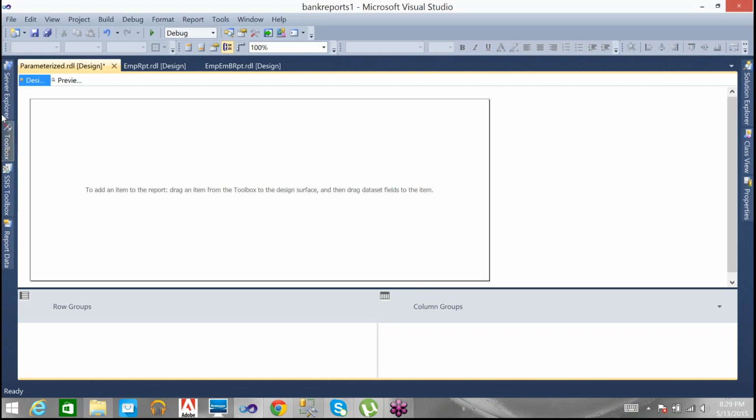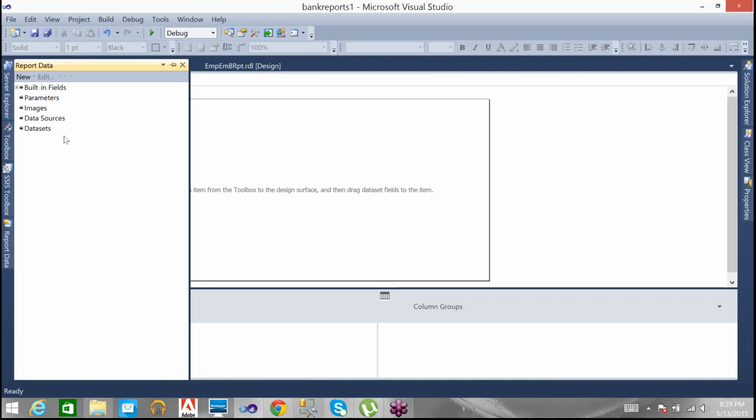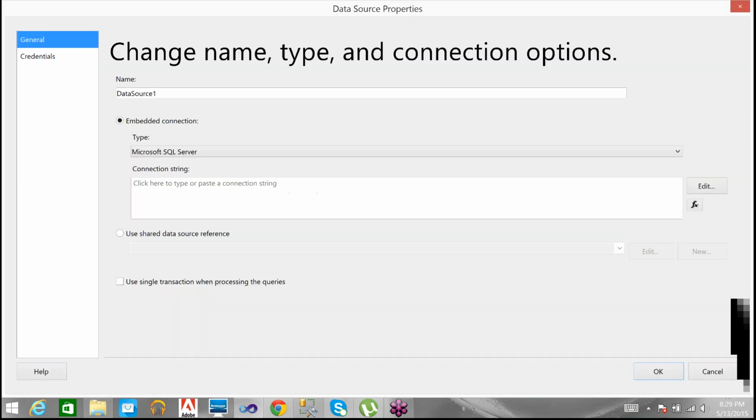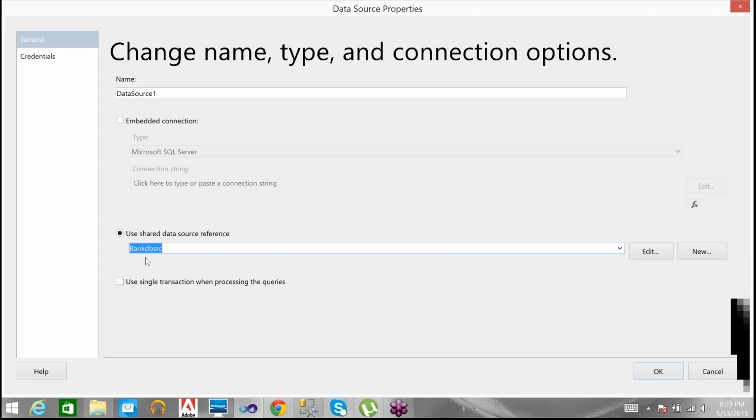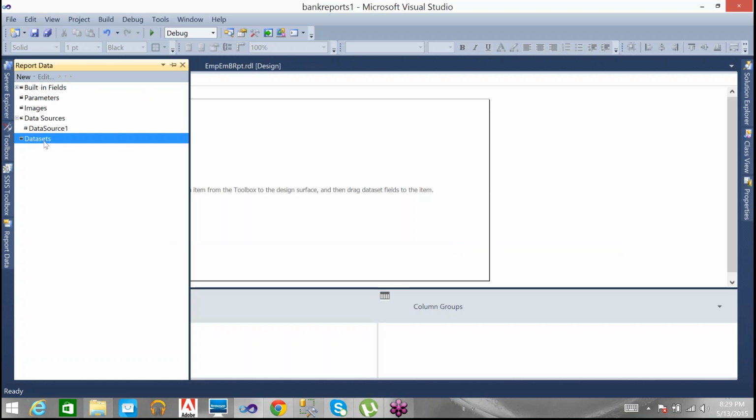For this report, go to the report data. Either you can go here to data sources. I'm going to use one of the existing shared data sources, that is the bank database source, and I'm going to write the data set.